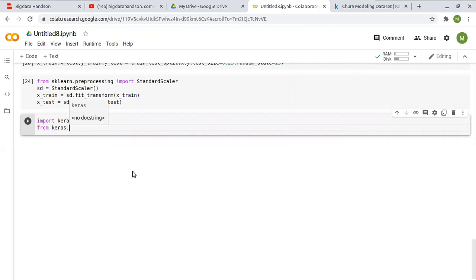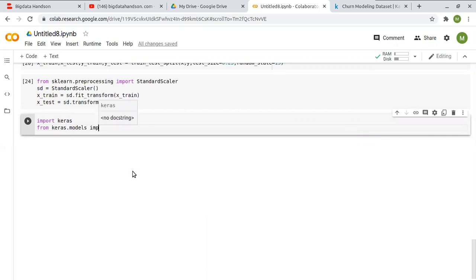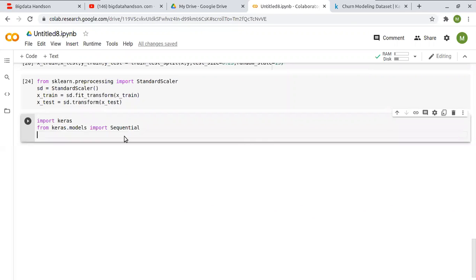From keras.models, import the Sequential class. This class is used to create a sequential neural network.